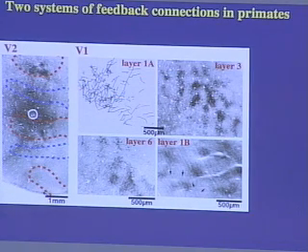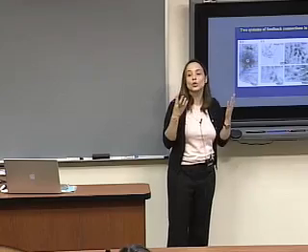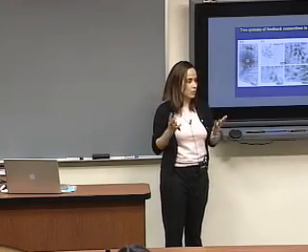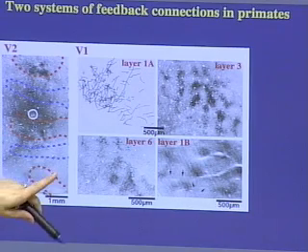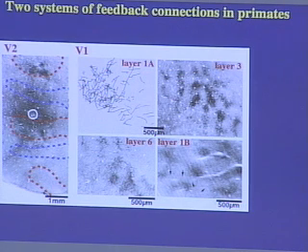And in particular, what we have shown is that these connections, or a subgroup of these feedback connections, are also orientation specific. And so they could also be involved in these center-surround interactions. What this shows you is one of these tracers injected into V2. This is a top view of a macaque. In this case, it's a different kind of primate, but it's the same in the macaque.